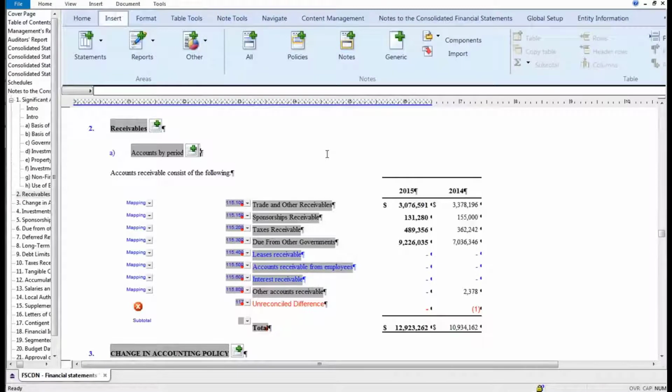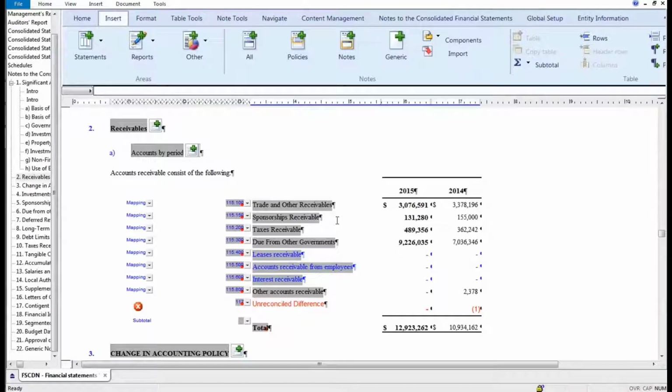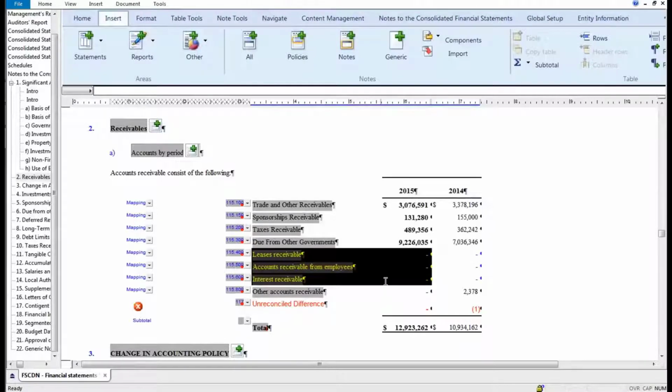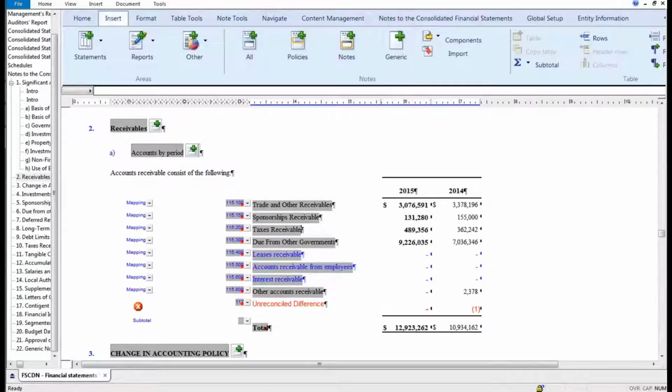And a couple things should be apparent. One, we now have 22 notes instead of 21. So it renumbered all the notes dynamically. Two, I now don't have to start from scratch to build out my new receivables note. And again, we're seeing some of that intelligence, the blue rows here for the rows that we'll skip. I can add and delete and all the rest. And we tie into our